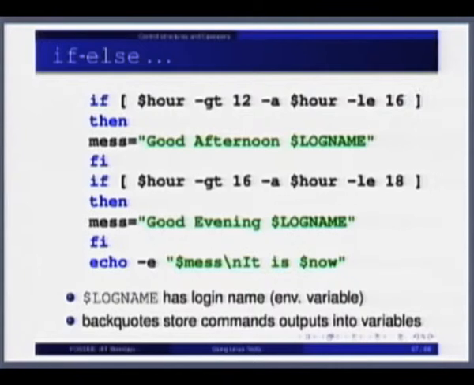Sir, my question from yesterday's session is how to list only directories using the ls command? Okay, sure. We will see how to list only the directories.